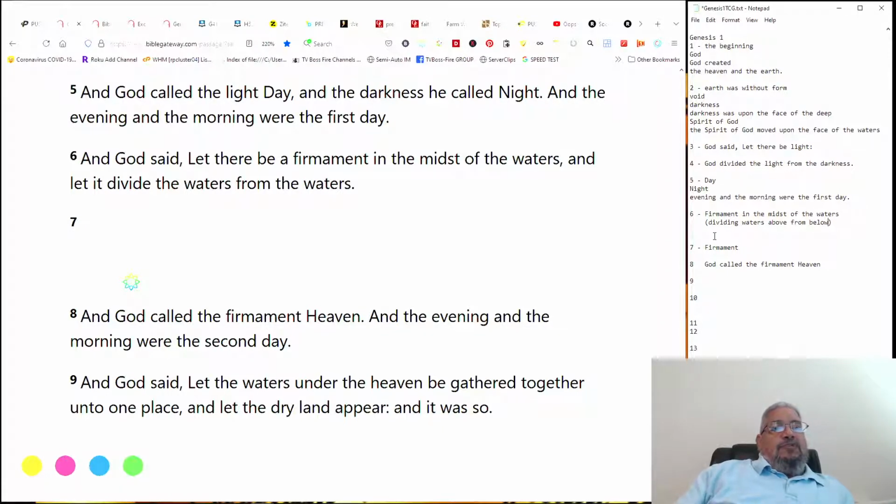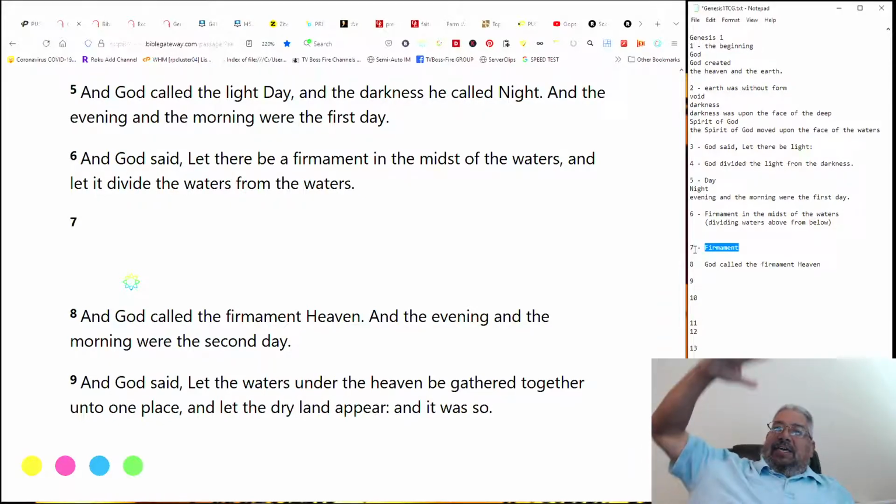And basically what the firmament is, for those who don't know, is the atmosphere, the atmosphere where we're breathing, that we're here, right? And so then the ocean is the water below, and there's water underneath the earth and all that. That's water below us. This is the atmosphere that we have, and then there's water above.